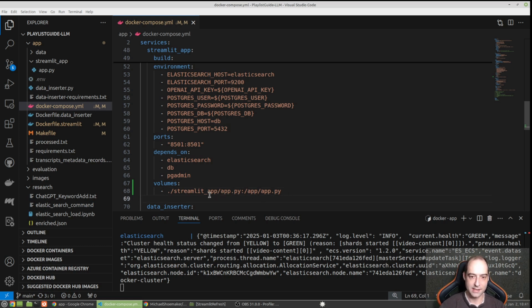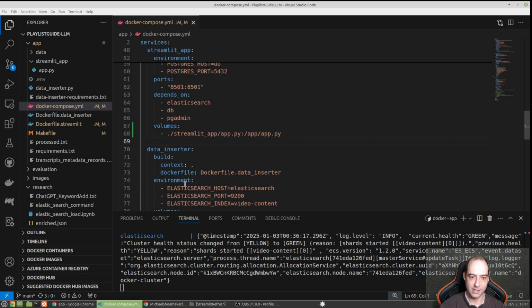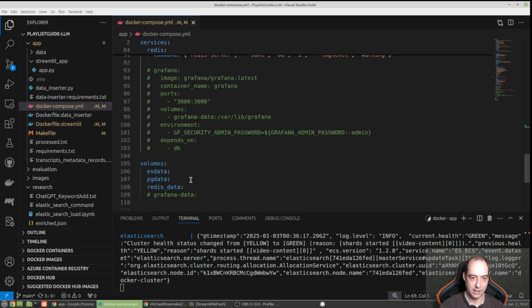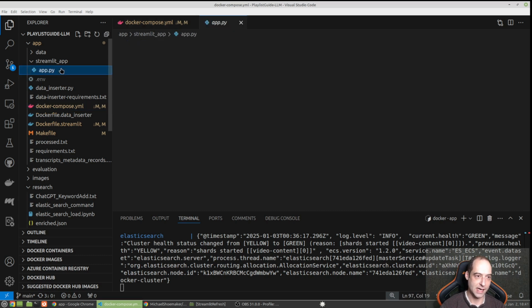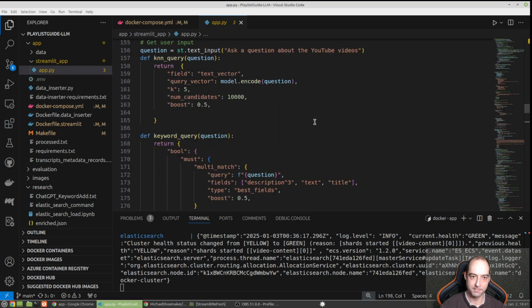So it's actually looking here, and we can tell that it's not a Docker volume. It is actually connected to the folder I have locally. So that's where I started thinking, okay, I have my app file here,